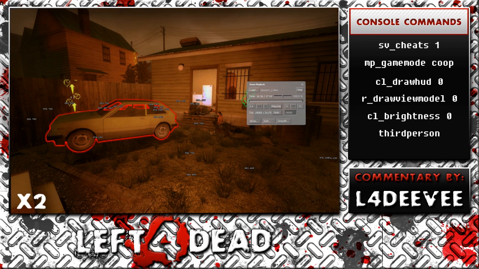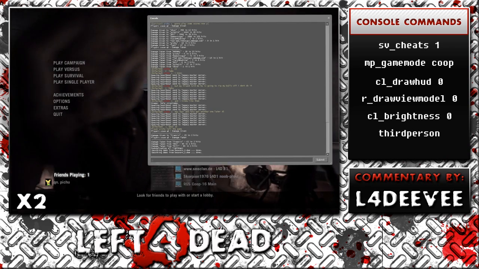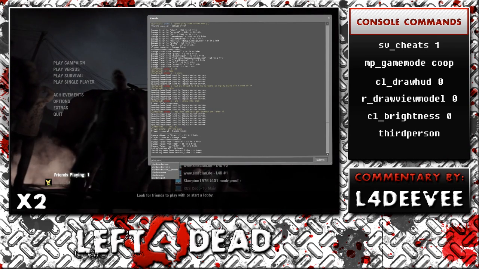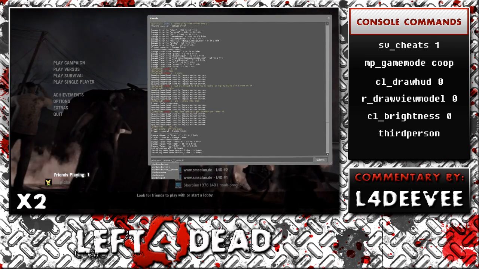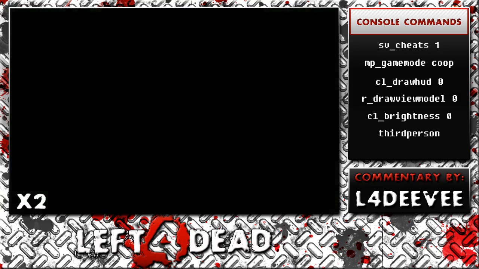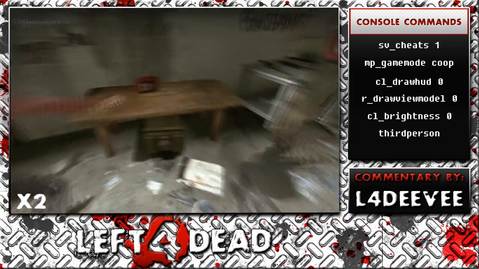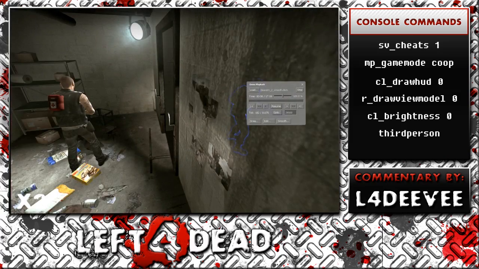So if you would like to see your demo smooth, close out this demo, open up your console, do play demo, whatever that demo was called, and you will see another demo with _smooth after it. Play that demo, open up your demo UI menu by doing Shift F2,